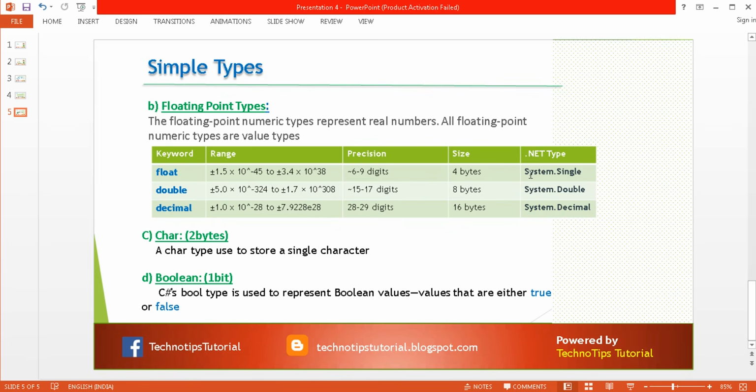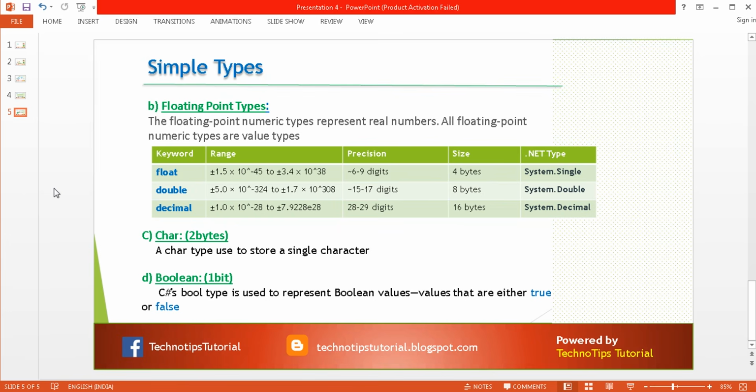Floating point belongs to System.Single, double belongs to System.Double, and decimal belongs to System.Decimal. The next type is char, whose size is 2 bytes, and it can store a single character. Then we have the boolean, which can store true or false values.